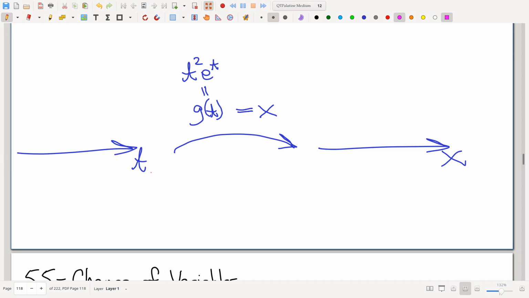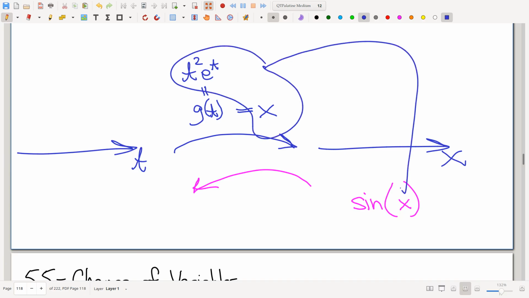For example, if I have an expression here, sine of x, I can pull that expression back to rewrite it in terms of t just by plugging in. It's literally just plugging in. X equals that, plug that in there, and I get sine of t squared e to the t. Right, so a little bit counterintuitive. We think of functions as going left to right. We draw them going left to right, but while points go left to right, expressions, the act of plugging in,